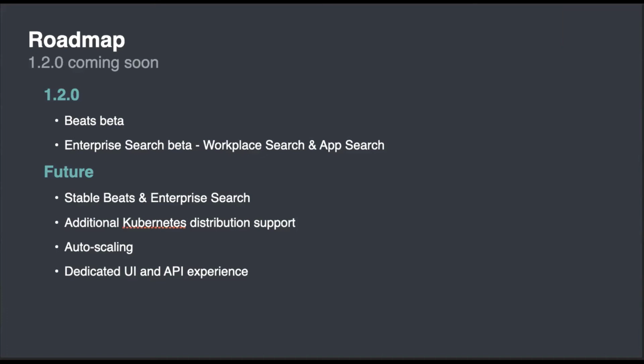Mehmet asks, what is the major difference between Elk Stack with Helm deployment and ECK on K8s? It's a great question. I think ECK is much more aligned for, quote unquote, day two operations. The Helm charts work great when you just want to deploy it. Where I think ECK really begins to shine is when you want to make changes to it, because Helm can only apply resource changes. It can't do any kind of orchestration change.